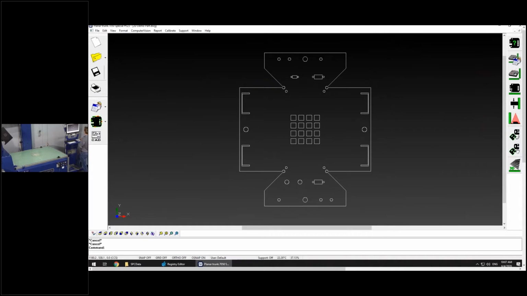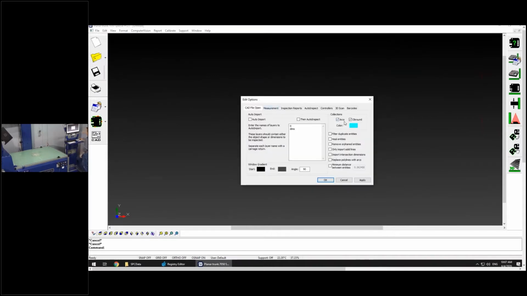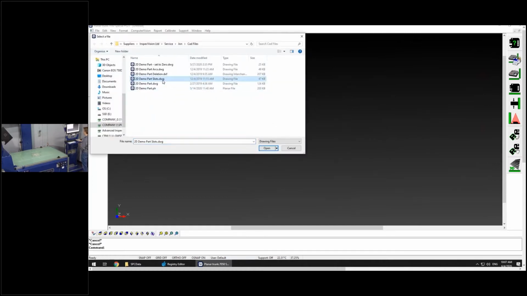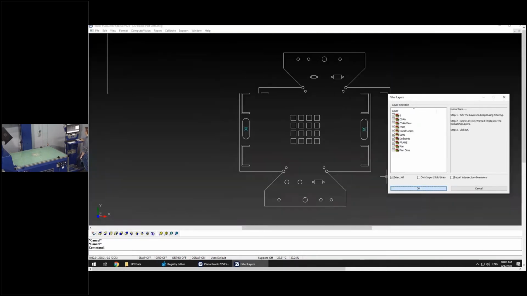So again, something new. What we can also do in here is the collection of arcs and collection of rounds. I preach with you guys that we should always turn that on. It is so useful, so helpful. In this instance, if we were to import a file that has a slot in it, for instance, it might not be extremely useful for a part like this, but it's nice to automatically get those